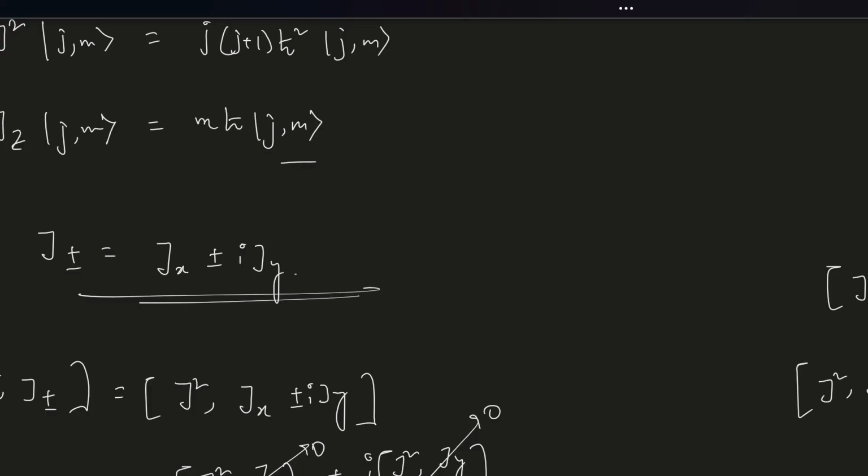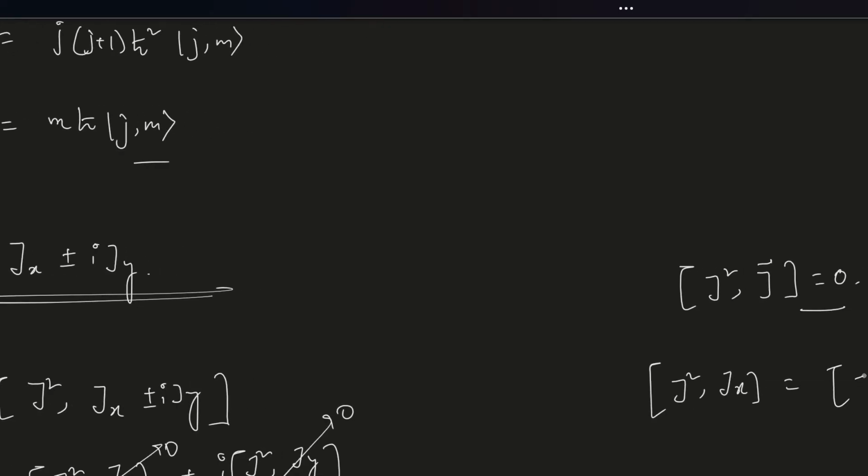So how is that true? Let's say J square and Jx, how is that 0? Let me check that. J squared means Jx squared plus Jy squared plus Jz squared, and then Jx. So this is Jx squared Jx, which will obviously go to 0 because it's the same function. Jy squared Jy plus Jz squared Jx. Now each of them will be giving you